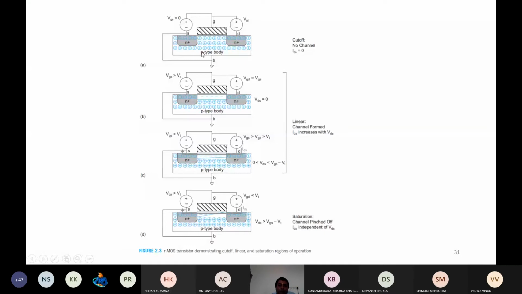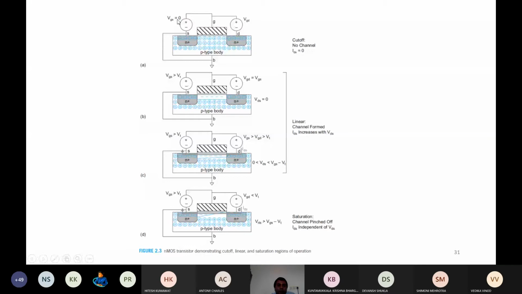So the N channel MOSFET is created from a P type body or P type substrate initially taken, and N plus diffusion is done for the source, N plus diffusion is done for the drain, and there is a dielectric, silicon dioxide. This strip is silicon dioxide, and on top the polysilicon gate is there. So, as in the case of the MOS capacitor in the three cases, we have given the bias, the same conditions we are giving here.